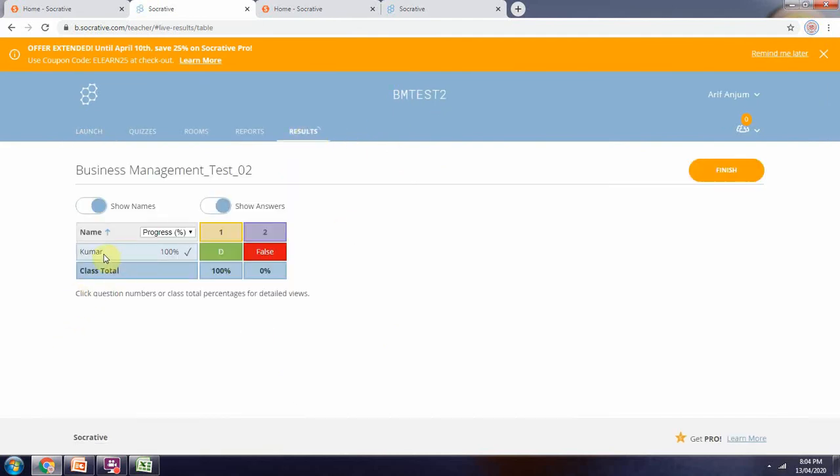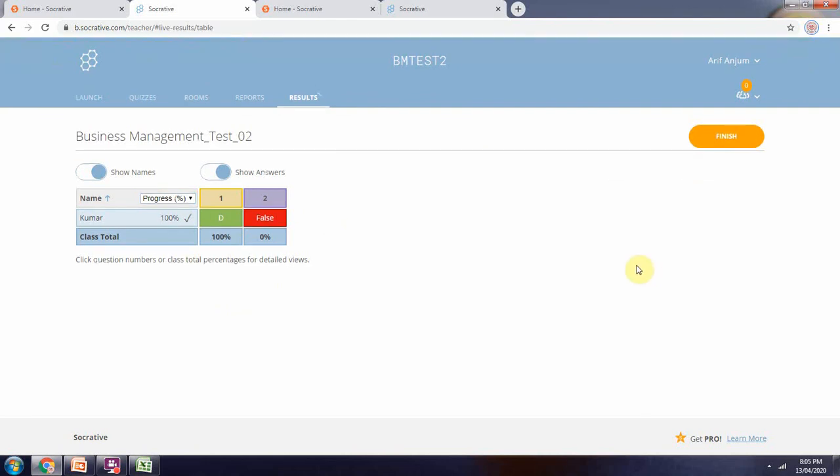Results: Kumar 100%. That shows the percentage progress, how many questions the student has attempted. So we get the results as the students reply. If you are satisfied that all of your students have appeared for the test,